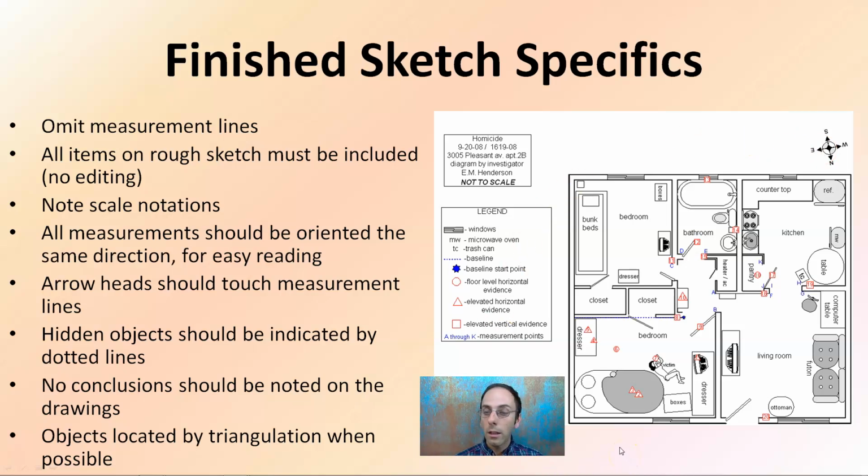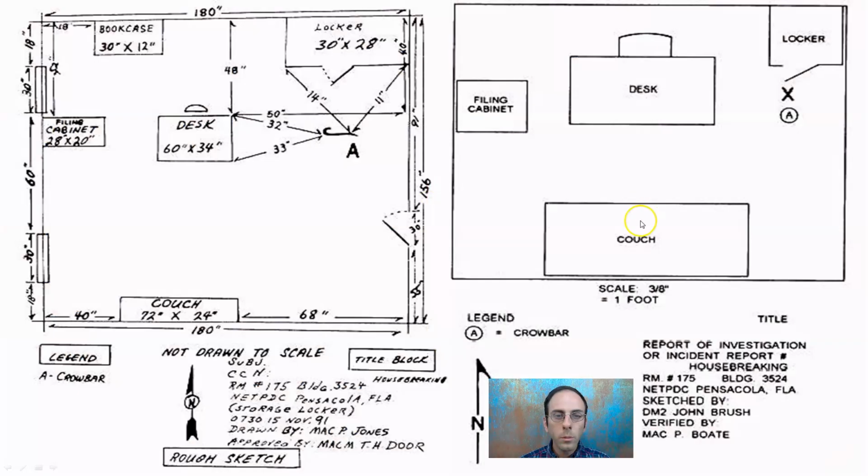Objects should be located by triangulation when possible, and the numbers should match the numbers on the photographs as well. And again, north needs to be indicated. You can indicate the other cardinal directions as well. Be sure to include a legend, time, and person. So here we're going to look at a picture of two